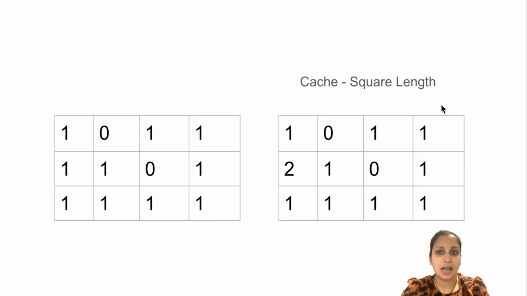Here I've taken a cache also of size m cross n, and you can see that I have filled it out with the length of the maximum sized square possible. So just the side length. So basically, how did I compute it? For this particular cell, if you see, any neighbor below it is 0. Any neighbor diagonal to it is 0. Any neighbor to the right of it is also 0. So the square of 1s starting from this cell is possible only of side length 1, hence 1